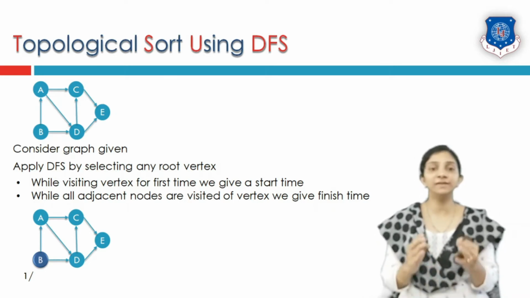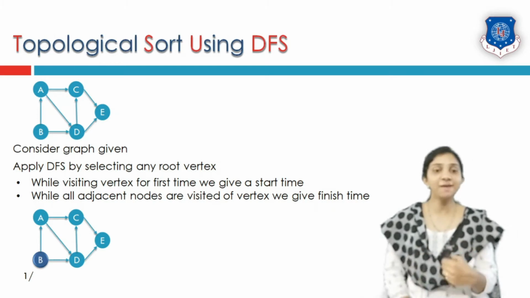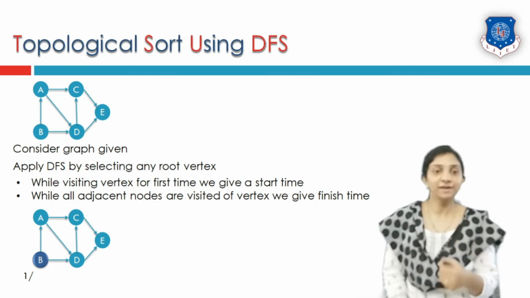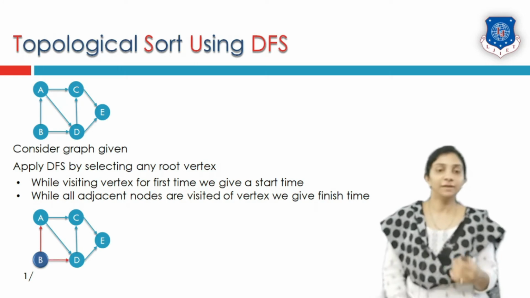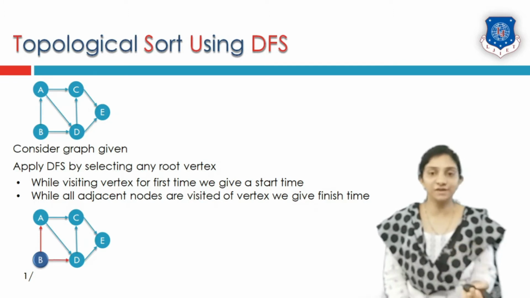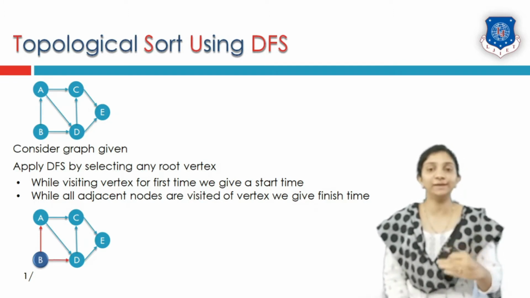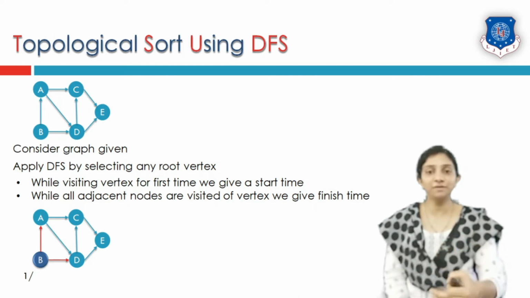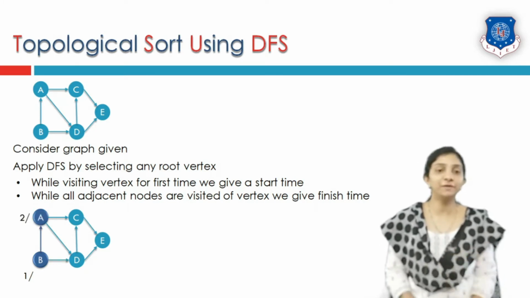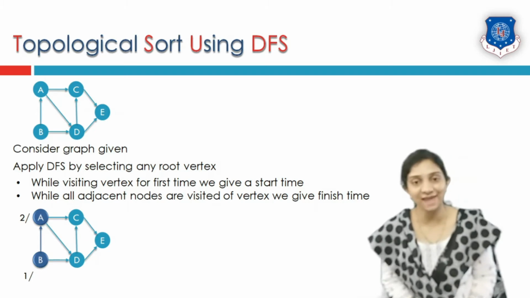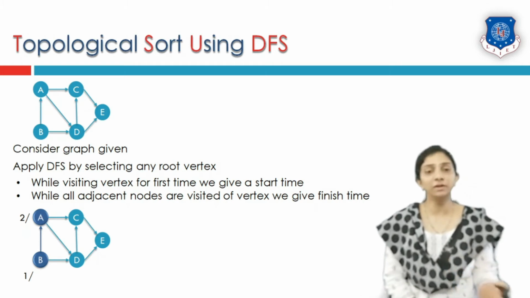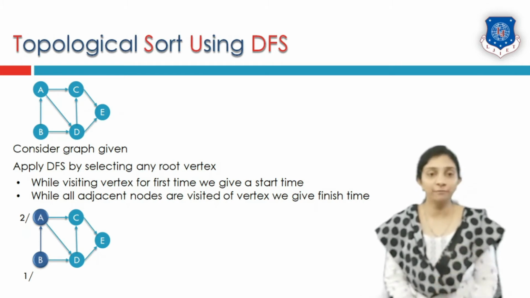Since I am visiting this vertex for the very first time, I am giving it a starting number. So this is the first vertex that I have visited, that is, number one is given. Now B has two adjacents, A and D. We can visit any of these adjacents, and visit them in depth. That means if adjacents are possible, as depth is possible, we will visit them first. So I will select my first depth vertex, that is vertex A. Since vertex A is visited for the very first time, I am giving it number 2. This is the second vertex that I am visiting.